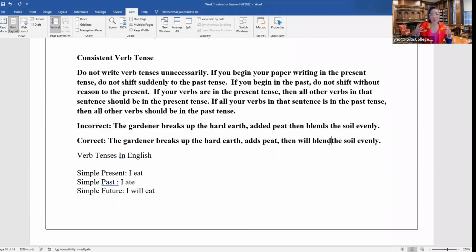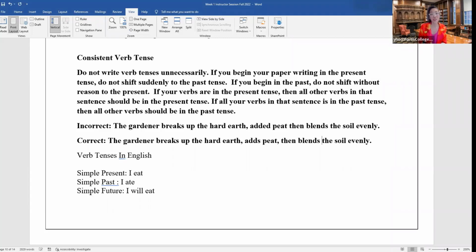So when you do change tenses, you have to have some kind of transition word to indicate to the reader that a tense change is happening. Usually when you do switch tenses, it's something sudden. But if it's all one sentence, then it should all stick to one tense. So here, "breaks up the earth, adds peat, will blend the soil" doesn't make sense. Okay, so you want to have